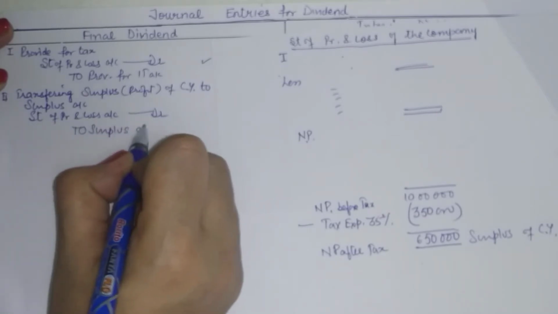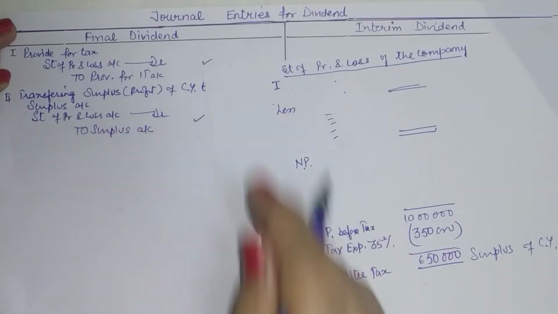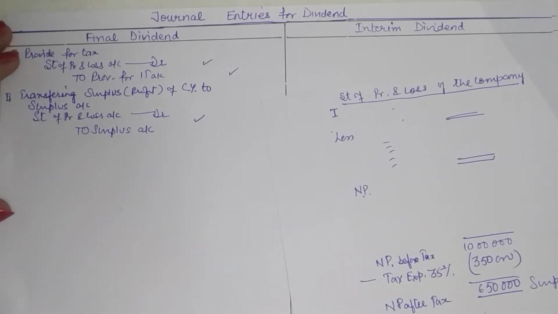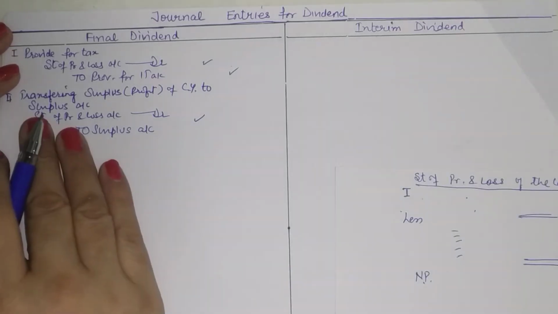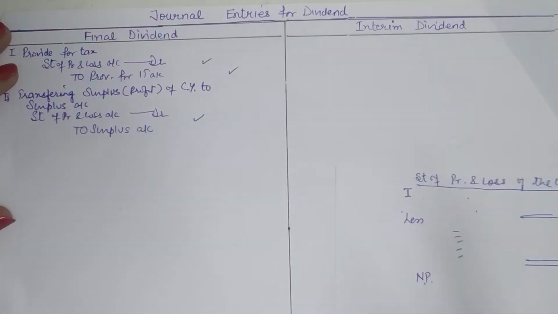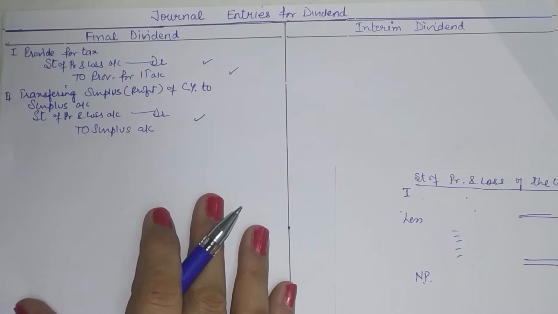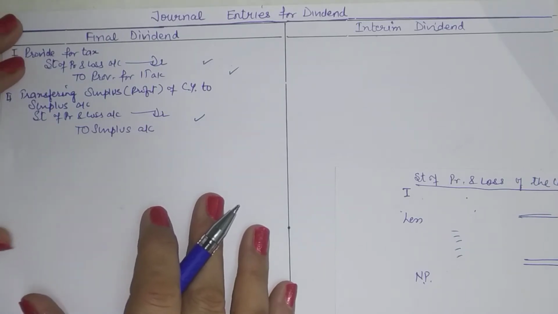So this you are to do at the end of the year if the company hasn't yet provided tax, because we need to pay taxes first, provide for the taxes first, and then the balance can be used by the company to pay the dividend. So this surplus will now be adjusted in the surplus opening balance. Now you can make use of this surplus along with reserve to pay the dividend, to give the dividend.